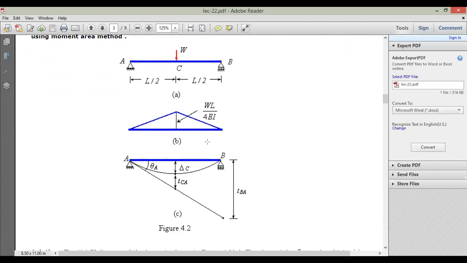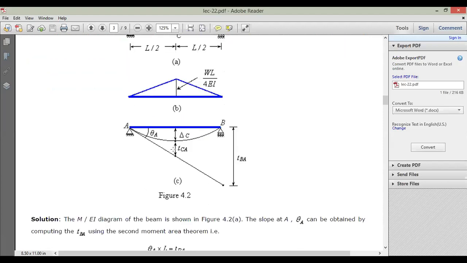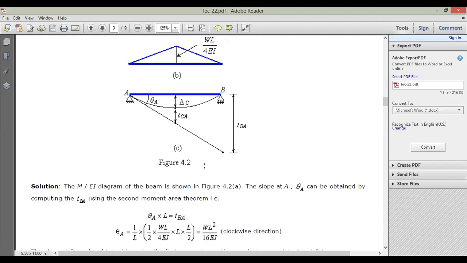We can see, so this is the maximum deflection delta C, and this is the thickness TC from vertical thickness TC, and this is total thickness TBA, total deflection from this line A, extended line, and this is the tangential of curve AB. So this is TBA, TCA, delta C is the maximum deflection, theta A angle subtended at the end A, and theta B is not taken into consideration because there is no need. So it's only simple angle, only one angle will represent the symmetric to other.